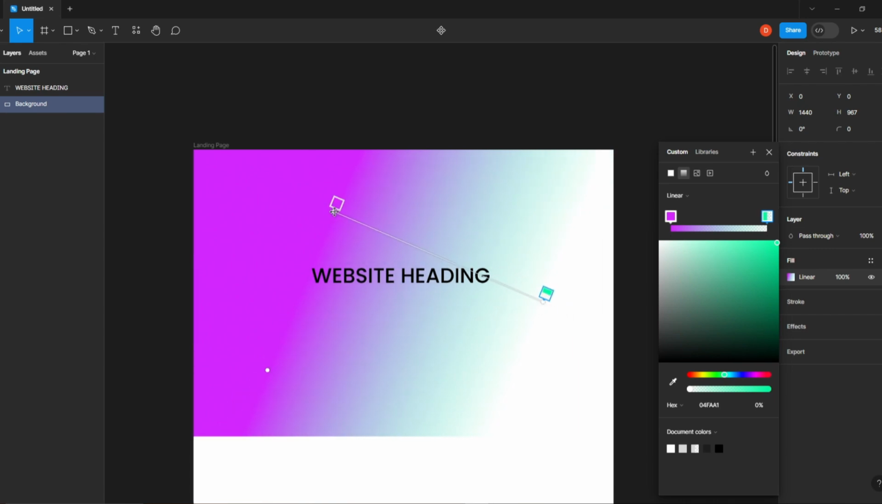and we can also add more gradient colors if we want. So you just left click here, and that's it. Now you can change this middle color. Let's change this one to more of a blue color, and then actually what we need to do is we need to